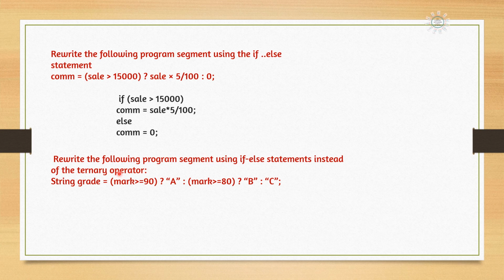And here, this is a nested statement. Rewrite the program segment using if-else statement instead of the ternary operator. Here, String grade: we are storing the answer in the variable grade. Here is one more thing you have to keep in mind. Sometimes System.out.println will come in some question. Then only you will use System.out.println. Many of you, while converting, will write the statement System.out.println. It is wrong. Whatever is given in the question, only that part will come in the answer.